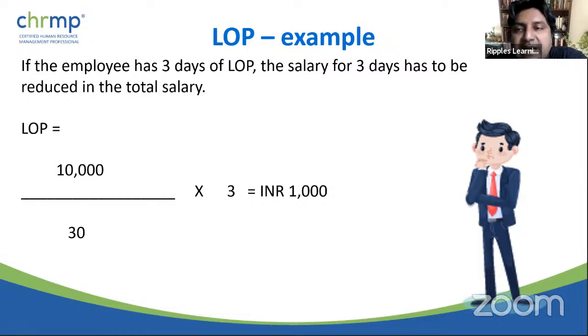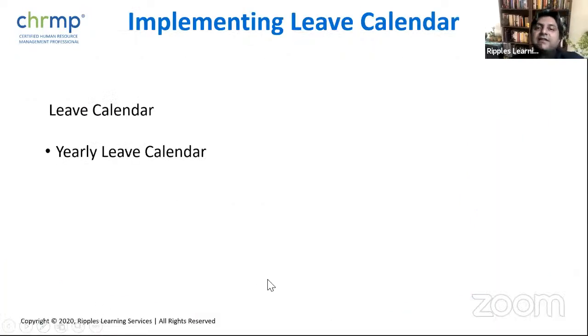So this is how exactly, though this says 30, we are talking about September or November, but not October, because October is 31, or this is an organization which is considering all days in the month to be 30 days. So even for Feb, the calculation will remain the same. Even for December, the calculation will remain the same. And even for October, the calculation would remain the same. And that is an example of how loss of pay is calculated, right?